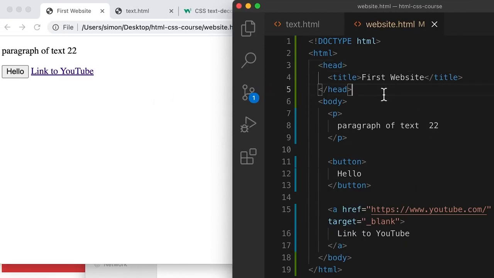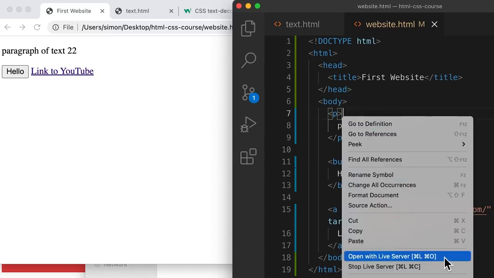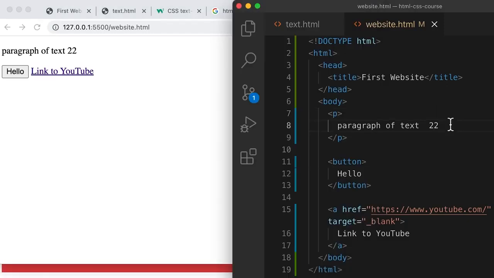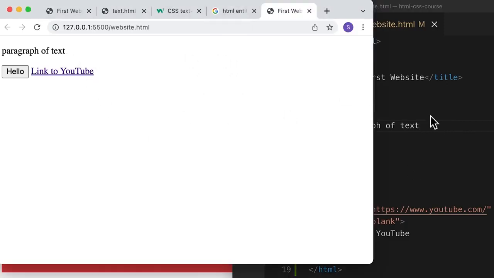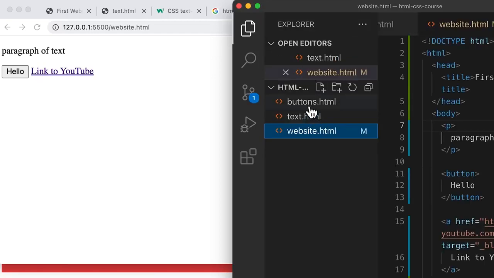To open this website in a live server, we're going to right click and we're going to click Open with Live Server. And now we've opened this website and it will automatically refresh whenever we change our code. So if I change the code like this and I save, now it automatically refreshes without having us to go back and forth. So that's a really useful feature to speed up our development. Now let's get some more practice, and we're going to convert both of these HTML files